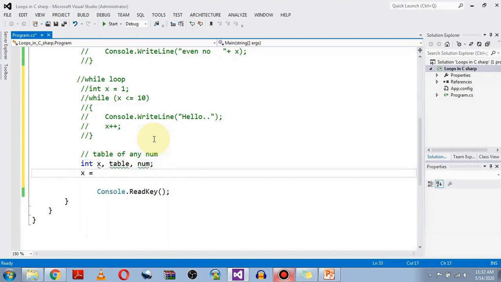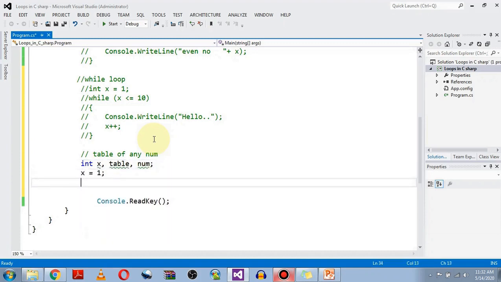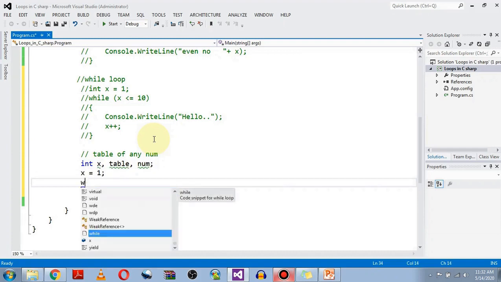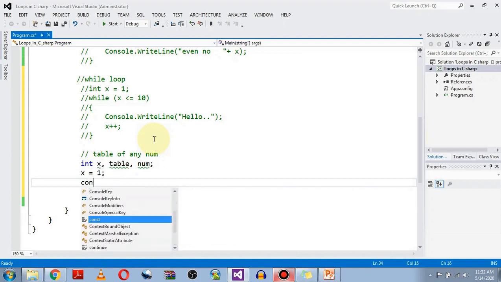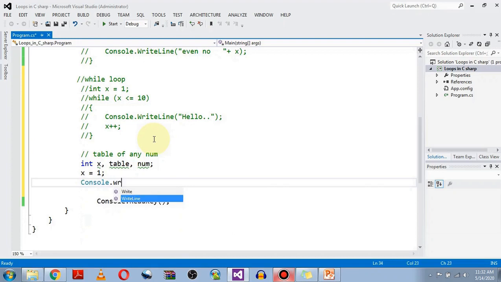x is a loop variable, initialized from 1. Before using while, let me first take a value from the user. Let's say, "Enter number to find the table."